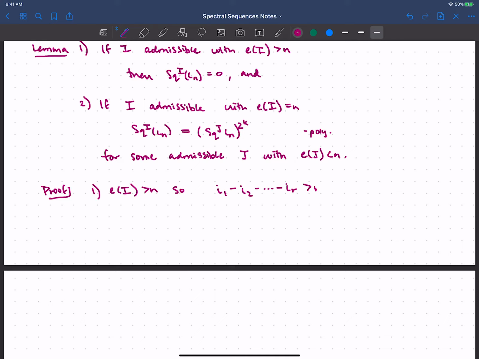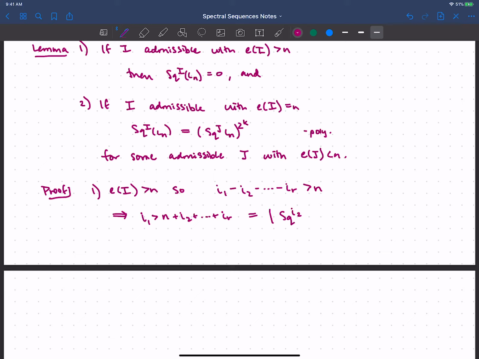Okay, and so I'm saying that's greater than n. What does that tell me? Well, I could rearrange and say that tells me that I1 is greater than n plus I2 plus ... up to IR. But this is equal to the degree of, if I